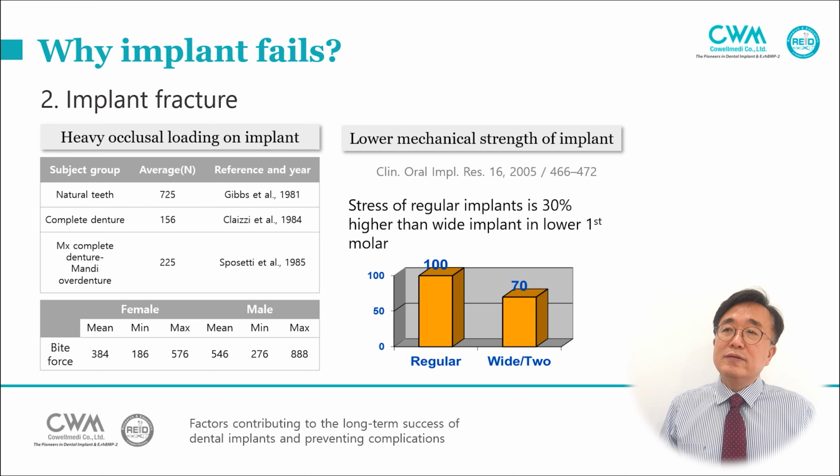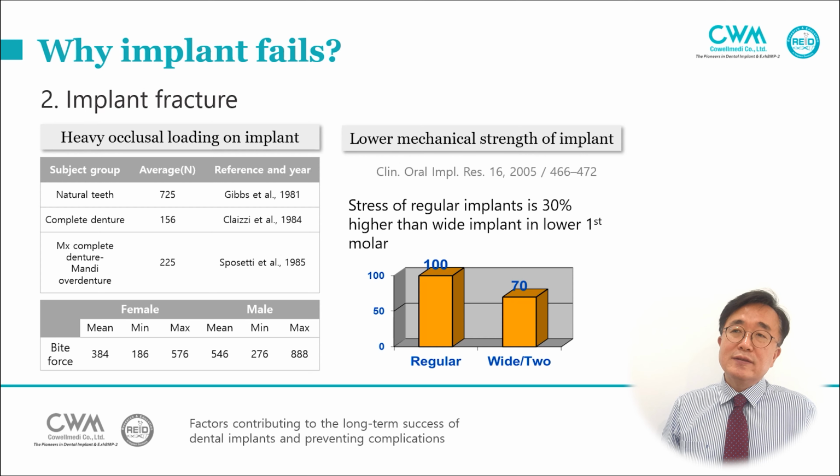A natural tooth has 700 Newton force, but a patient with a complete denture has the occlusal force reduced to 150 Newton. The upper maxillary denture and mandibular overdenture on implants have 220 Newton force. So